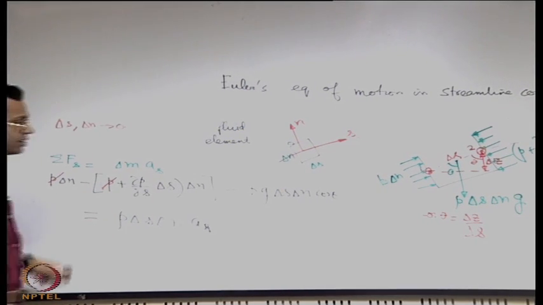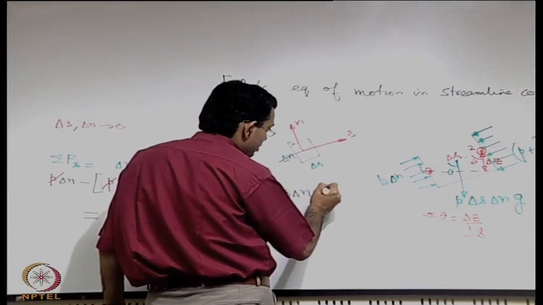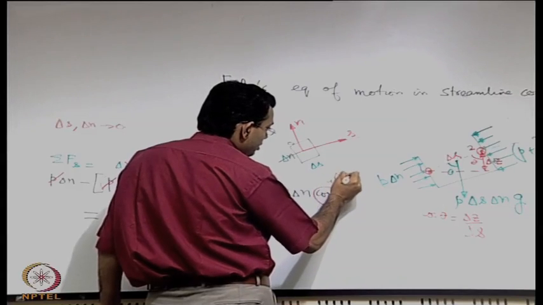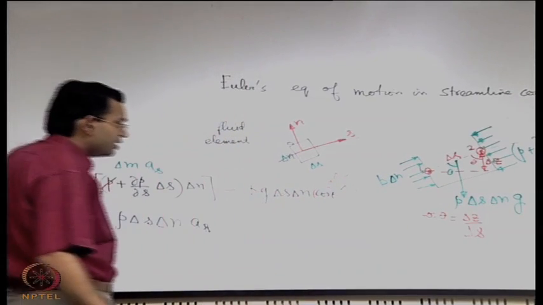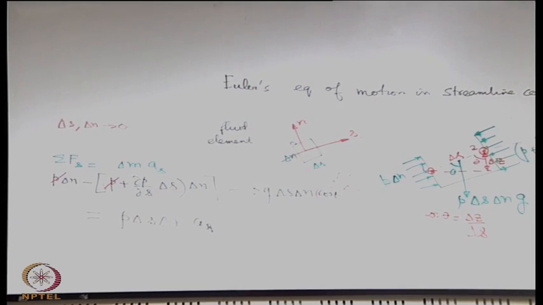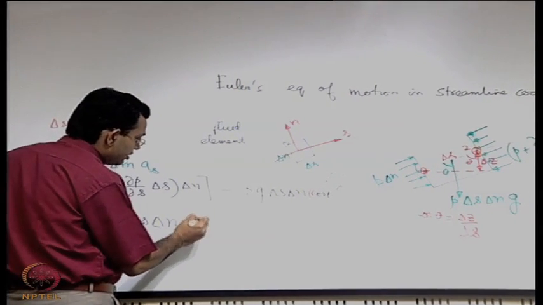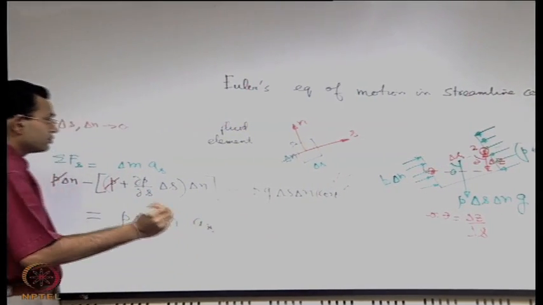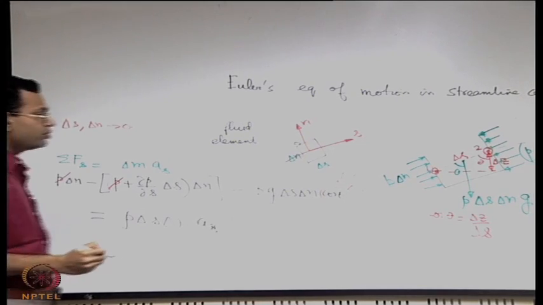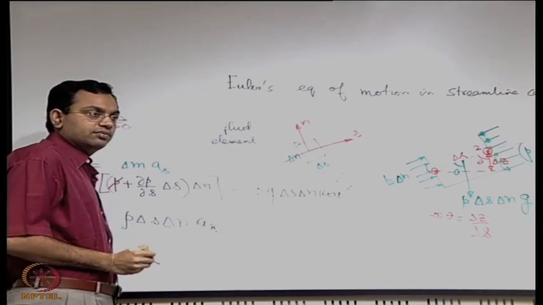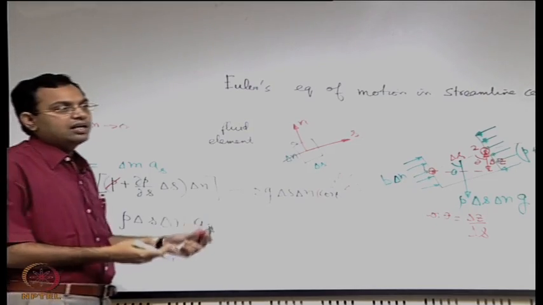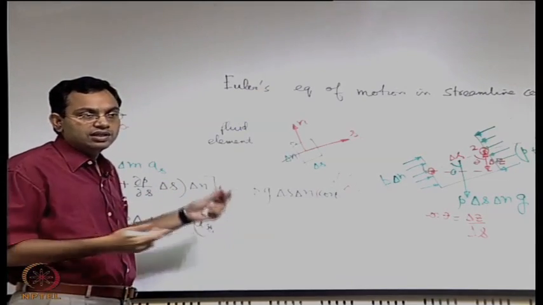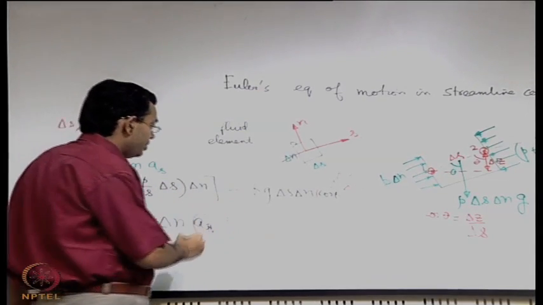We can express cos theta as delta z by delta s, and we can express acceleration by, what should be the acceleration along s? See, the expression should be similar as we had acceleration along x, y or z. So it should be